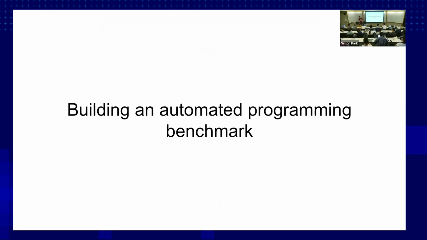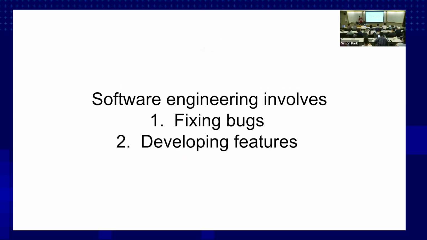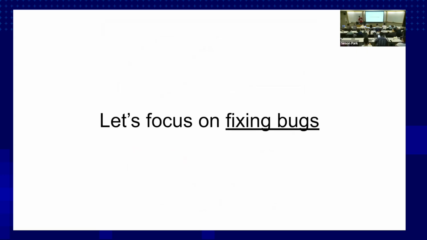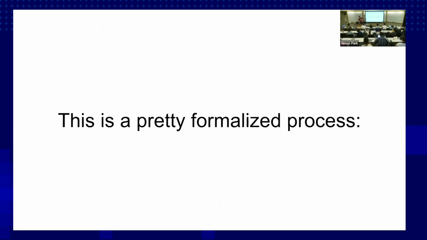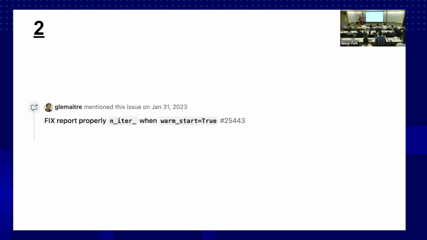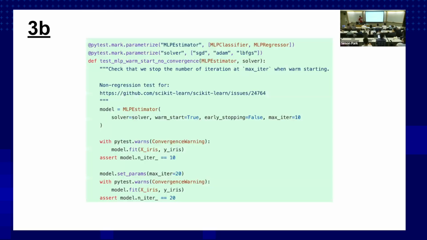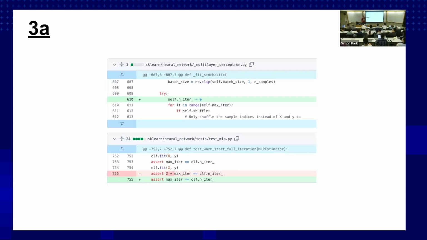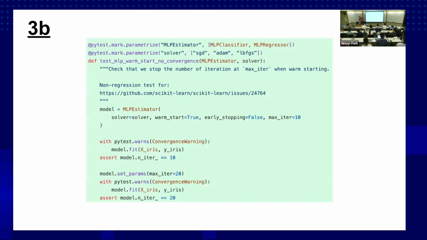So I wanted to think about this automated programming thing. Software engineering involves two main things, either fixing bugs or developing features, and we're going to focus on fixing bugs. It's a very formalized process. Somebody makes a bug report, and then you wait for 2 months, and then somebody really nice makes a PR. And in the PR, they have two things. They have the thing that solved the bug, and they have the test. And what we did with SWE-bench